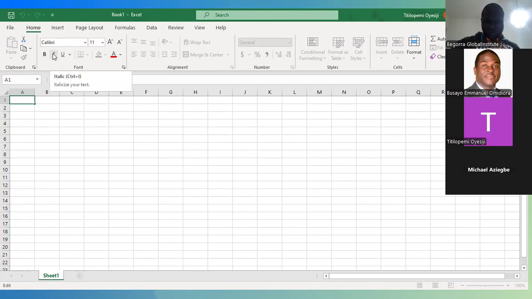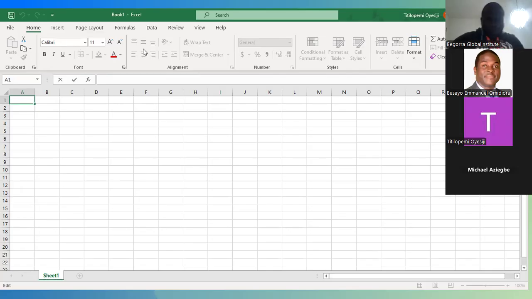Although most of the time we don't come to these tabs to make use of it because there are shortcuts, short commands that we use. For example, if you want to copy, you make use of Control C. If you want to paste, you make use of Control V. So most of the time you don't come here to copy and paste. Most of the time you use Control V, Control C, or if you are using a MacBook, you use Command.